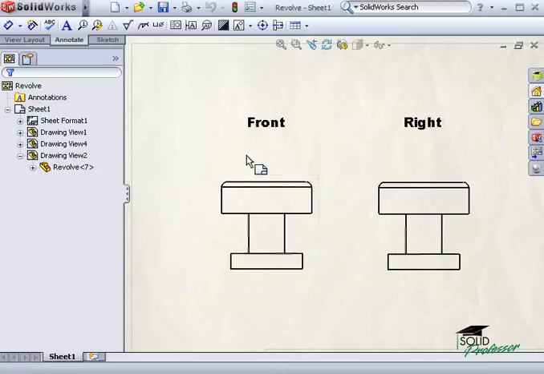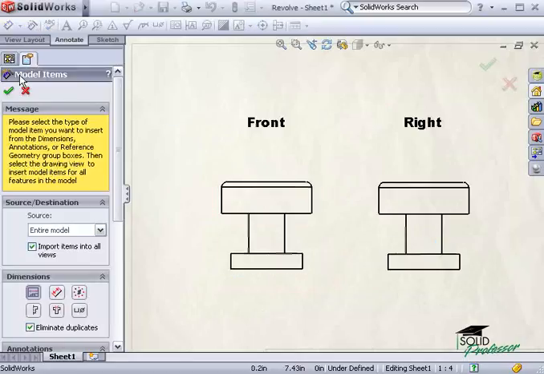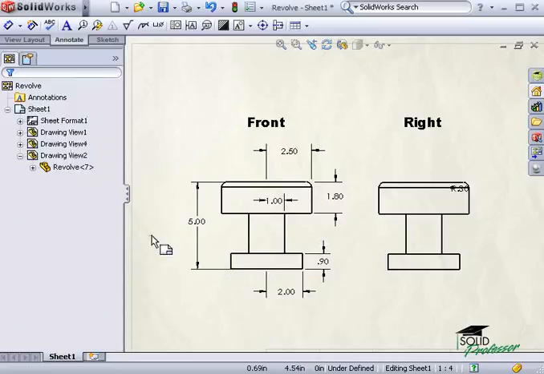I'll begin by importing the part's model dimensions. Dimensions inserted depend on how a part is specifically modeled. Notice that our part drawing consists primarily of two types of dimensions: height dimensions and width dimensions. Now let's say we wanted to move some of these height dimensions from the front